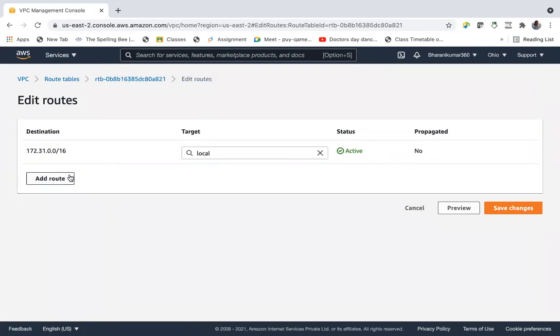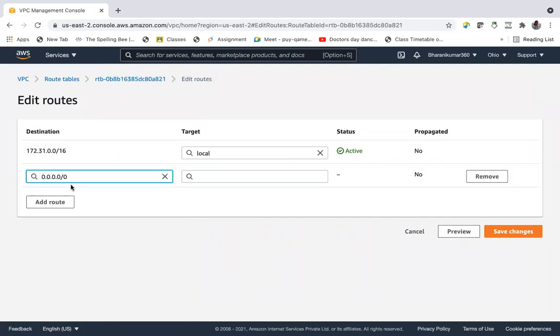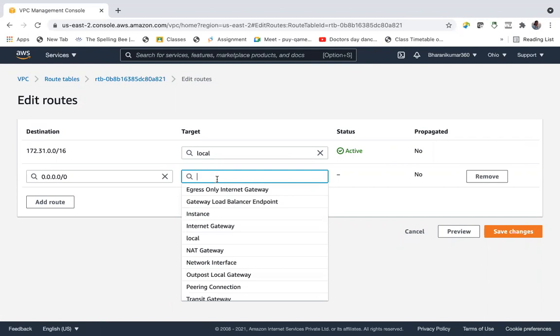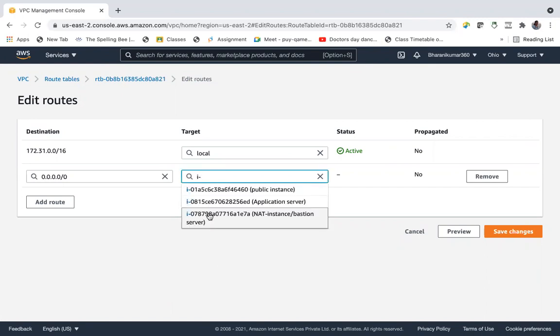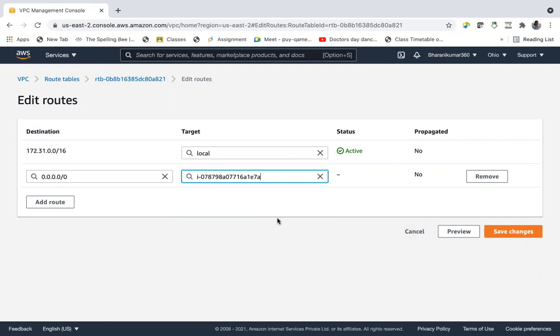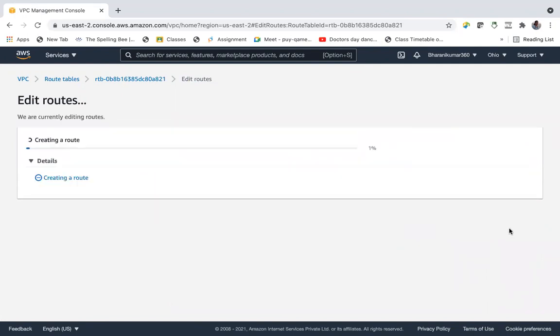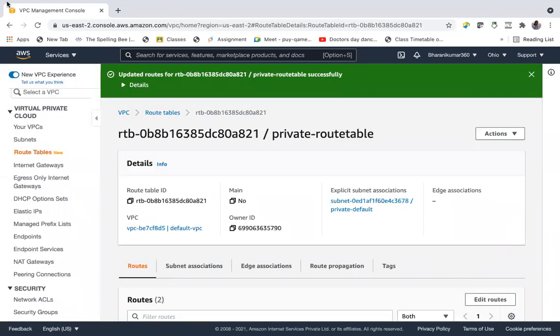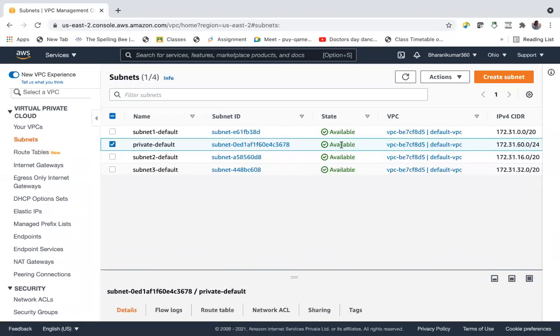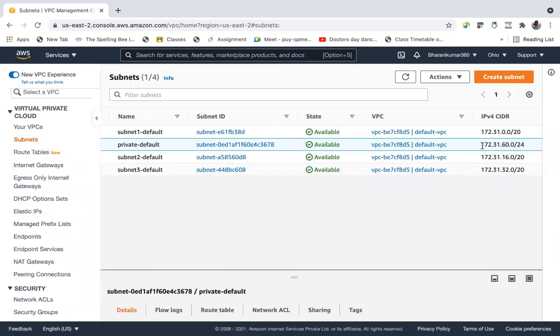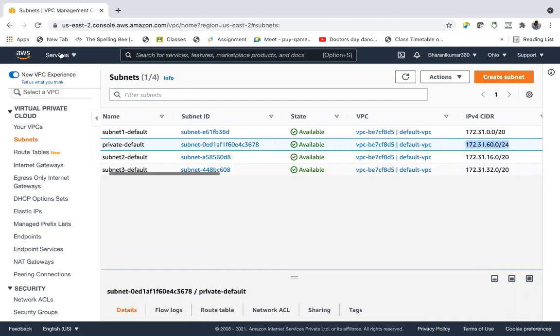Let us edit routes, add a route, destination is internet, and this time we will use instance. NAT instance, this one, right? We have added the instance. Save changes. Done. Let us go back. Also, let us have a look at the CIDR range of the private subnet. This is the CIDR range of the private subnet.